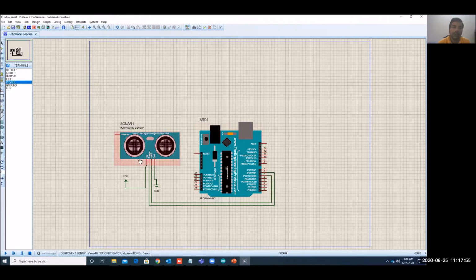Now here, since it is not a physical sensor, we can't give a hand here. To give the input, in the test pin we can use a pot to give the current or voltage, and based on that we will show the distance. In the physical circuit I will show you the distance by hand.